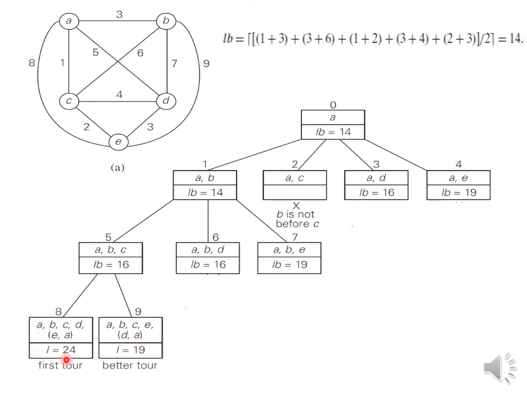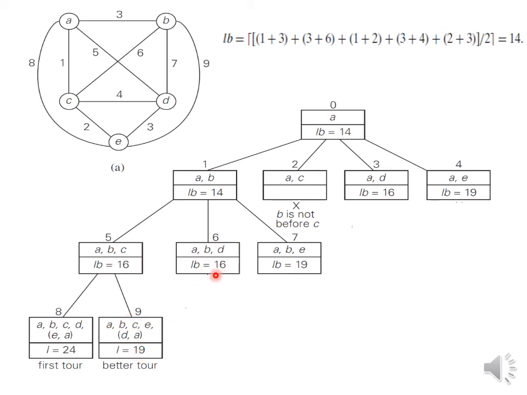So what we are getting here is a complete solution now. It is a complete path A, B, C, D, E, A. Similarly here, A, B, D, C, E, A. Now do not compute the lower bound; you compute the actual length of the tour. For the actual length here, just add AB, which is 3, BC, which is 6, CD, which is 4, then DE, which is 3, then EA, which is 8. Summing all these together, you will get 24. Similarly, summing up the path here, the value you will get is 19.